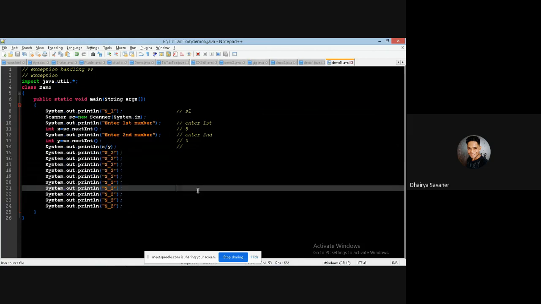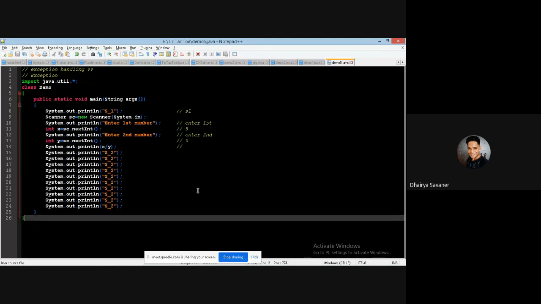So don't you think it's a problem? If somehow our program gets an exception and we are not aware of it, then what will happen to the other lines of code that we have after that exception line? None of them will get executed. Isn't it a problem? So from here we can deduce that